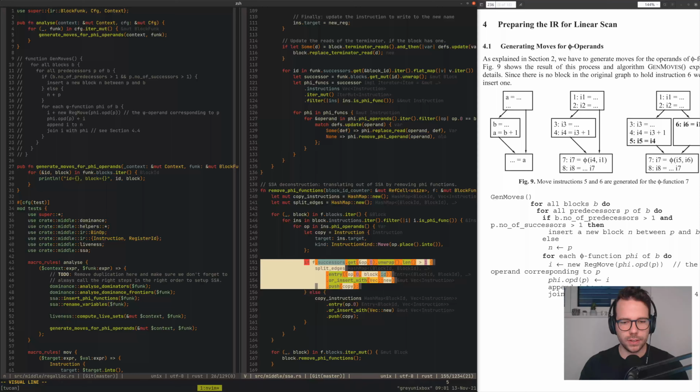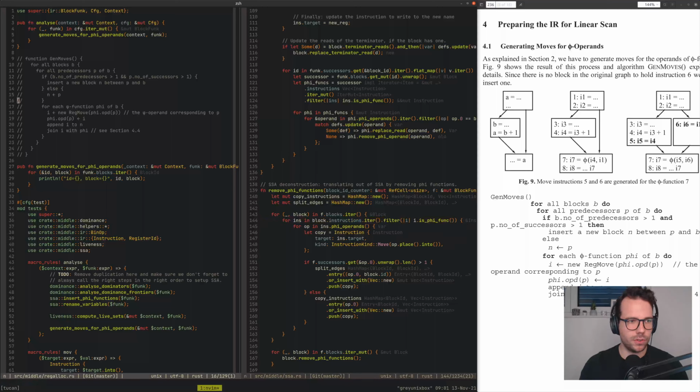See, we say we split edges. But how do we do this? We say we go through all the blocks, then we look at all the phi functions, which is what we do here. Right, for all predecessors of P. So we do the same thing here. We walk through all the phi functions. And, you know, going through each phi function in a block and then looking at the operands, which is what we do here,